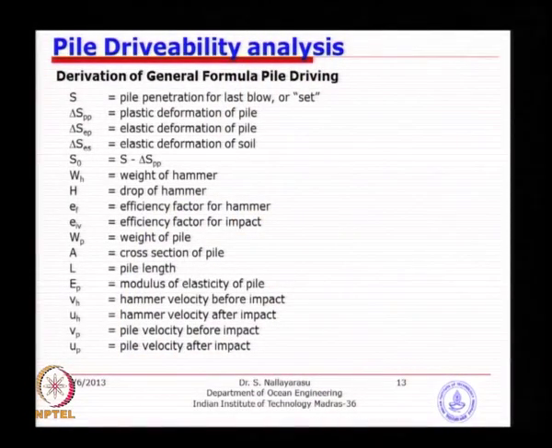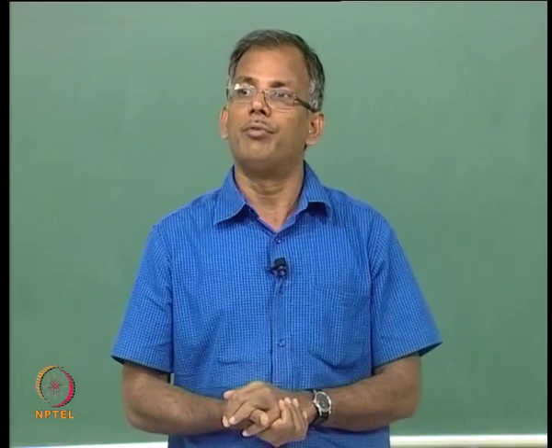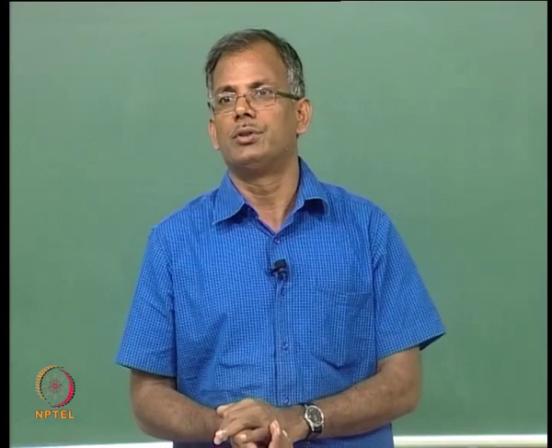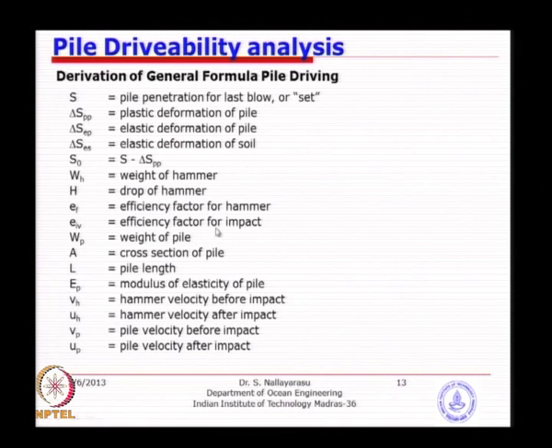So, that is why at the initial starting time you monitor using a larger blow count, but when you are really reaching near refusal or penetration is not going down, you should look at each blow as to how much is going down. So, that is basically the pile penetration, and you look at the delta S, which is the deformation of the pile and deformation of the soil, either elastic or plastic. So, you got two components.